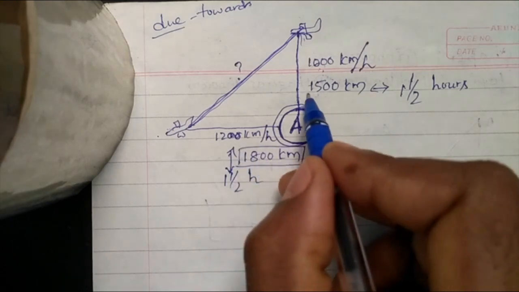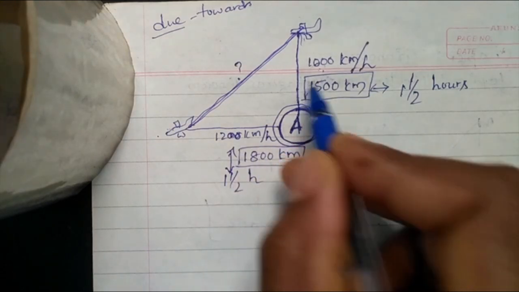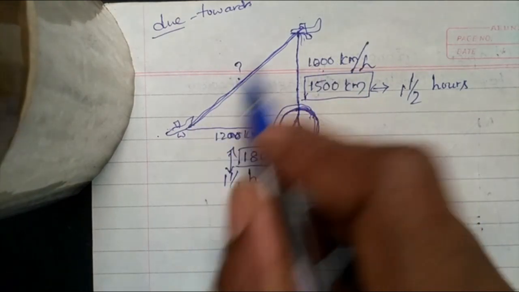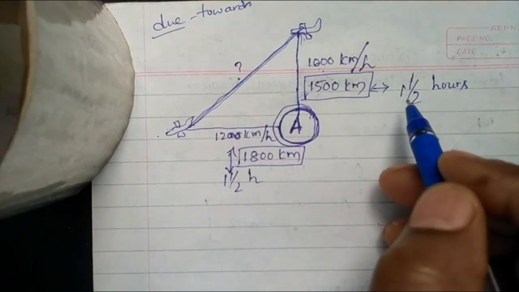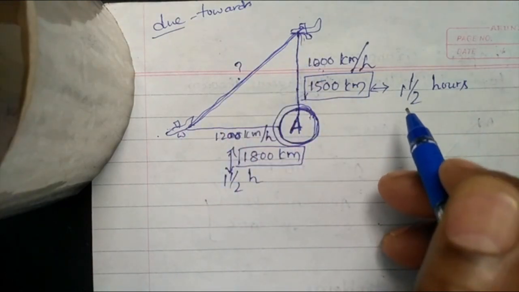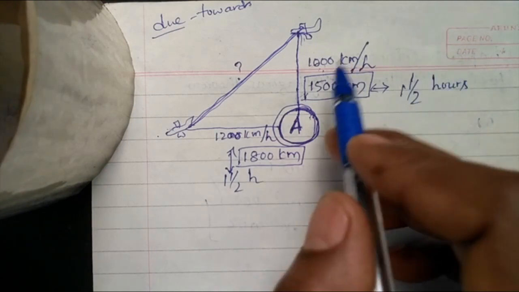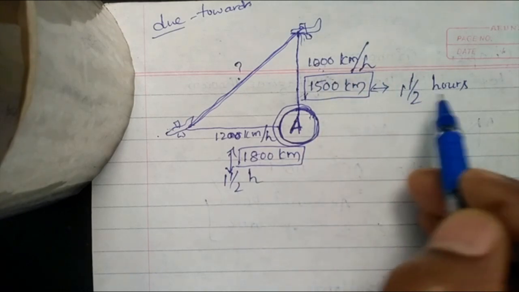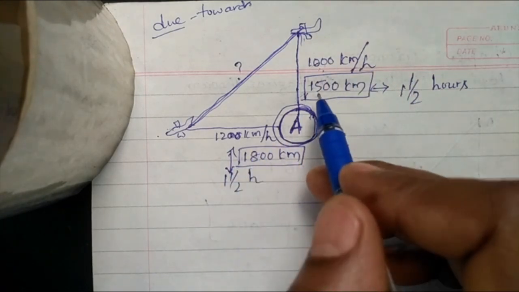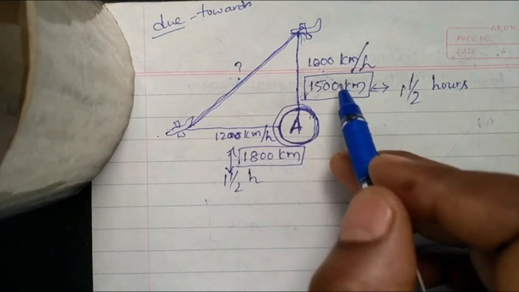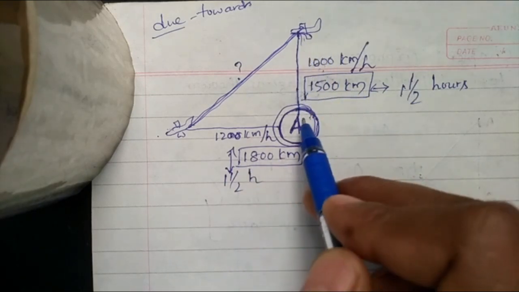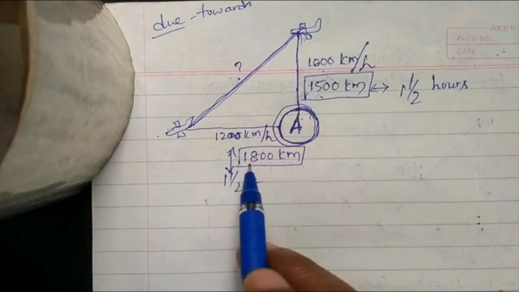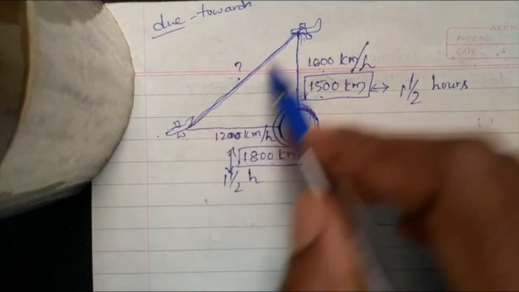So these two values you need to take for your calculation. We cannot use 1000 and 1200 to find the distance between both the aeroplanes. The reason is, the question asks the distance between both the aeroplanes after 1.5 hours. In the speed we wrote only the distance traveled in 1 hour. But in 1.5 hours both the distances change, to 1500 and 1800. Now in 1.5 hours this aeroplane is 1500 km from the airport, and another aeroplane is 1800 km apart. Now what is the distance between both the aeroplanes?